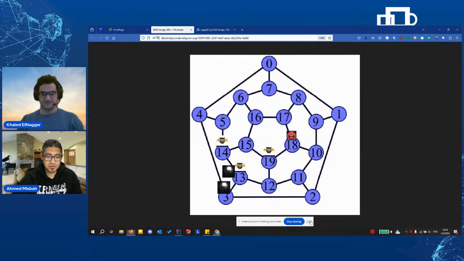Yeah, sure. So this is how the map or the graph of the game looks like. So you've got basically 20 caves which are connected to each other, as the graph shows.